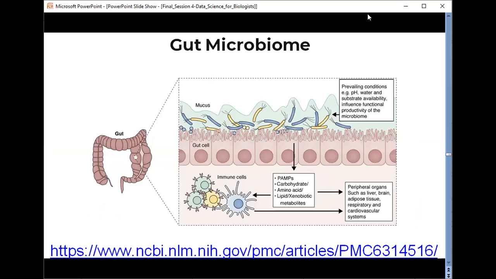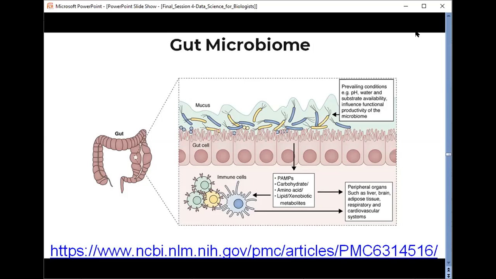So now let's understand what the gut microbiome is and how and why it exists there. In healthy adults, the gut microbiome exists in a state of mutual symbiosis with its host. So let me ask one question. What is a symbiotic relationship?